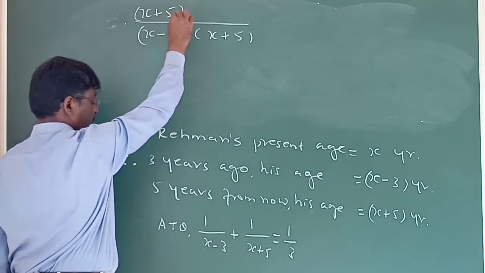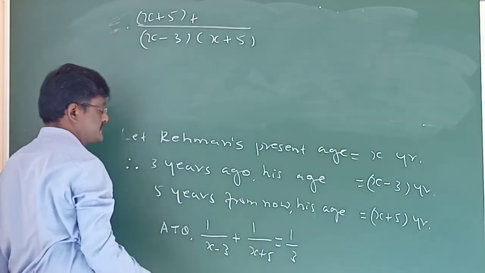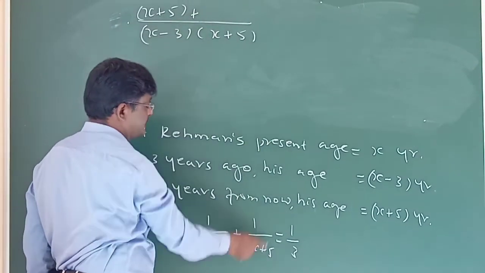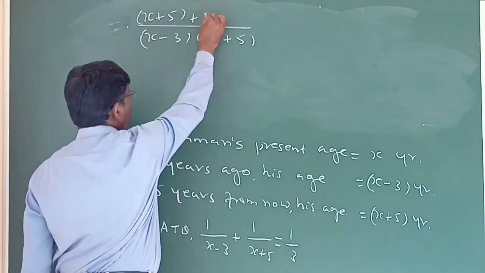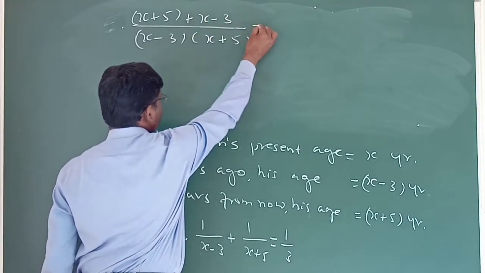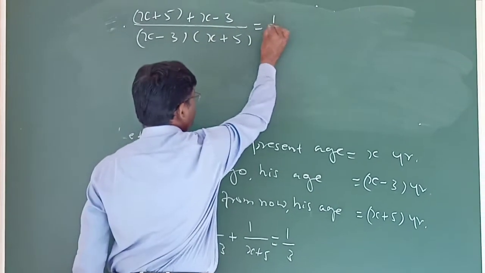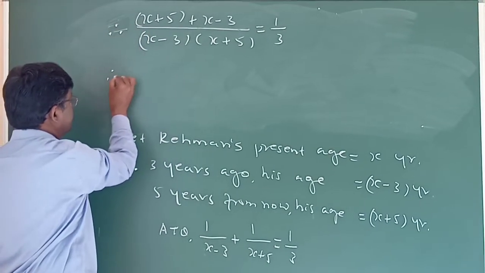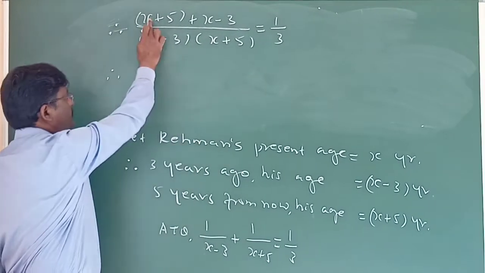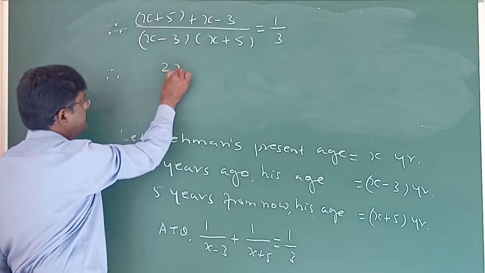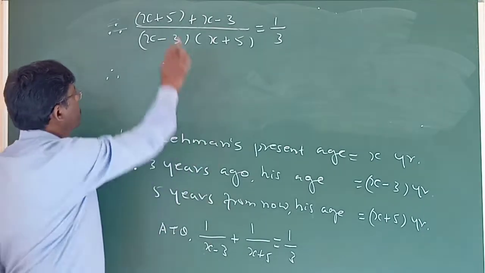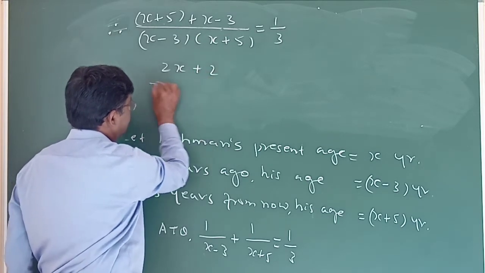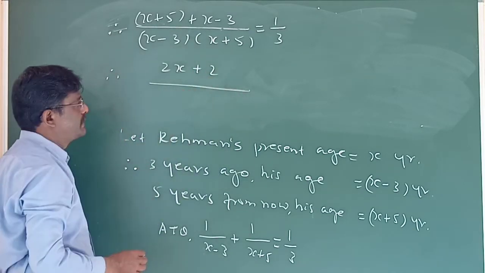Plus, put the bracket, plus next LCM into the second fraction, (x plus 5) gets cancelled, then we will have (x minus 3) equal to 1 by 3. Therefore, now 1x, 2x in the numerator, plus 5 minus 3 plus 2 divided by, let us multiply